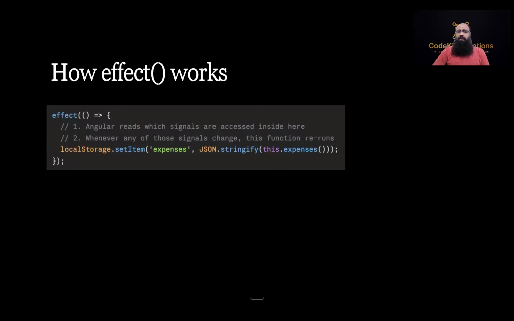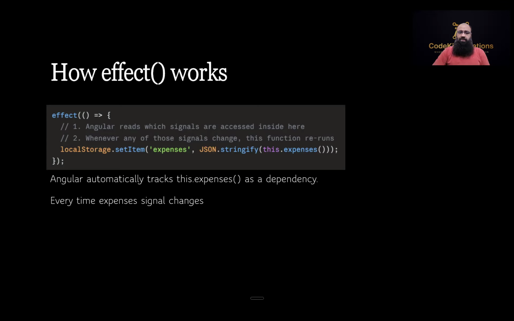So what does it do? Basically, Angular reads which signals are accessed inside this. As I've just mentioned, this.expenses is the signal which has been accessed inside this. So whenever this signal changes, this function is going to rerun. Angular is automatically keeping track of expenses as a dependency. So every time this signal changes, whether from a POST response or a local update,